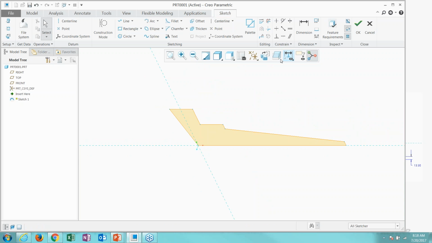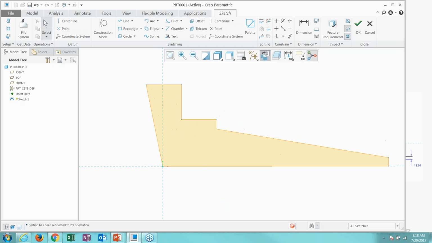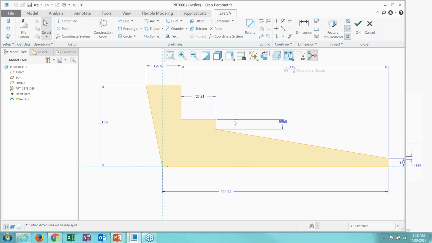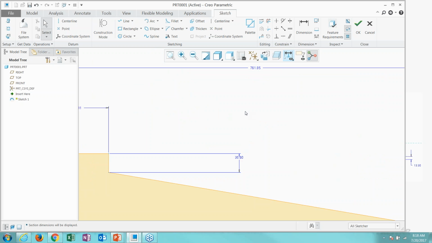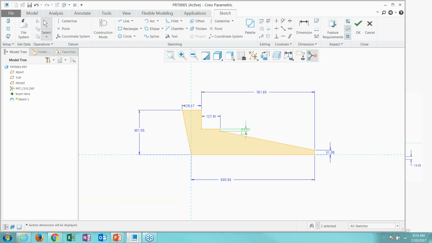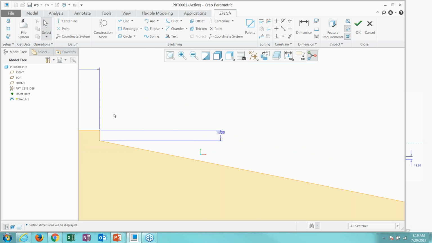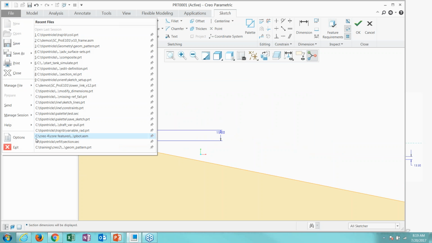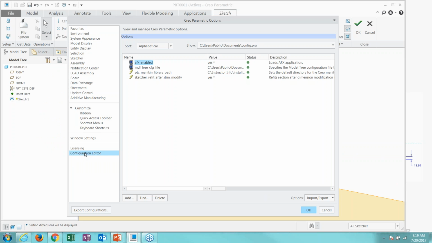But then I'm looking at this, and let's say if I want to turn on my dimensions here, I do, and I've zoomed in on this region right here, and I'm planning to change this. And let's set it to like 15 or something like that. See how it kind of zooms out every time. Now, this might be the good thing for the most part, but there are situations when you're working on a very complicated sketch, you might want to stay in this view, and for that, you have the config.pro